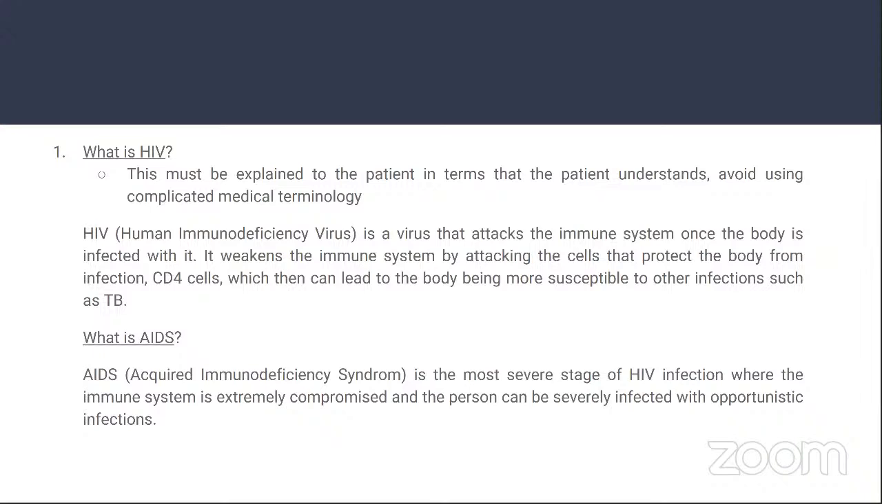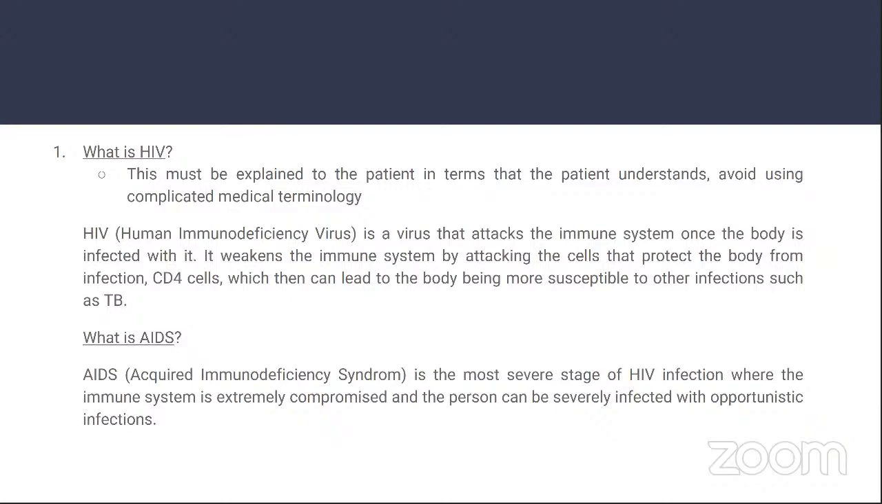So then giving a basic explanation of AIDS, as I've written here, it's a more severe stage of HIV infection where the immune system is extremely compromised and the person can be severely infected with opportunistic infections. And then also there are AIDS defining illnesses, but that might be a bit too much when just